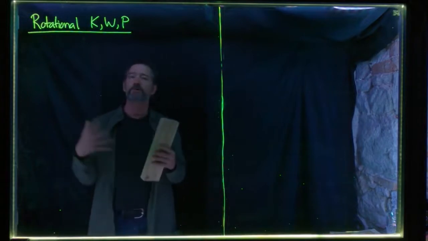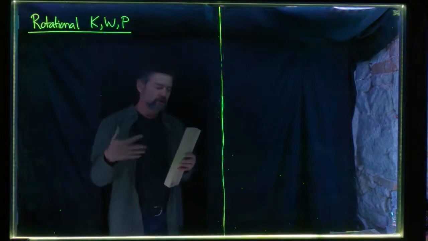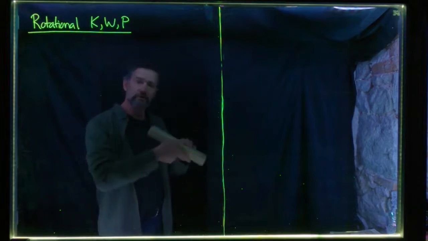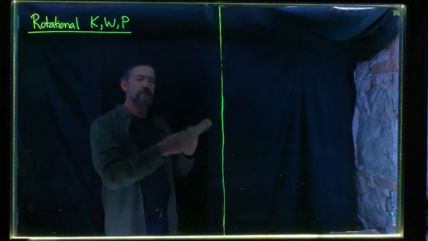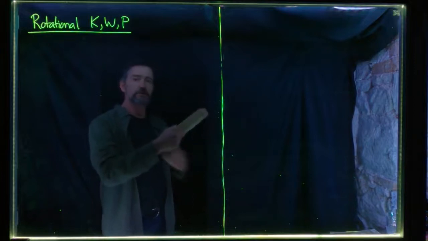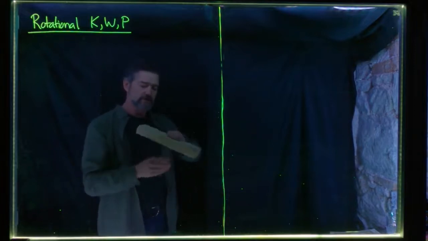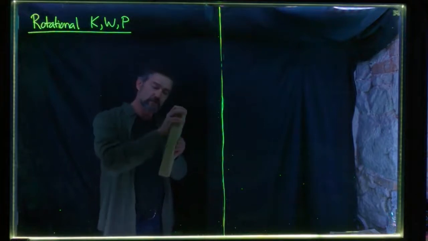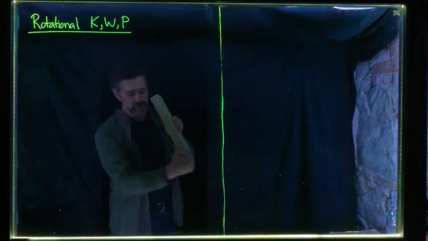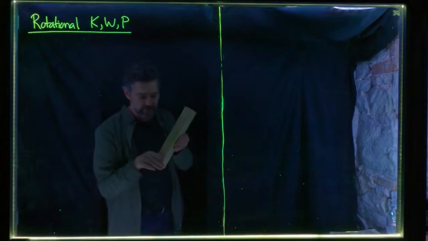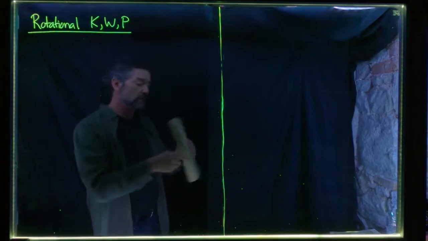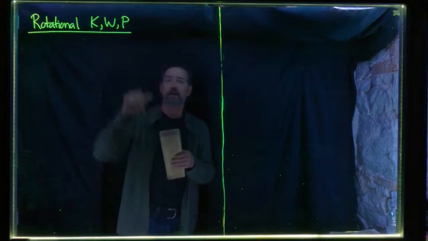Okay, so we have all those ideas in translational motion, and we just transfer those over to rotational motion. Clearly, I've got this object; it's got some mass, and there's chunks of mass in motion, right? So as this thing is turning, this chunk of mass is in motion. There's a 1/2 mv squared kinetic energy associated with this chunk of mass in motion. There's also a 1/2 mv squared kinetic energy associated with this mass in motion. So massive objects that are rotating like this store kinetic energy, just like in